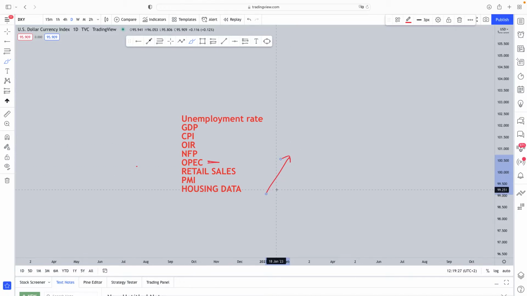So next time you see on the news that OPEC has just increased their production, you're going to expect the dollar to grow or get stronger, as the US has a large oil reserve. But it may not have a significant impact on the Japanese yen, because Japan does not leverage oil reserves. In this scenario, USD/JPY would go up, because cutting oil production will be bullish for the US dollar. So whenever you see that for OPEC, because I know a lot of you see that and you go, but oil is not one of the things that I focus a lot of time trading.